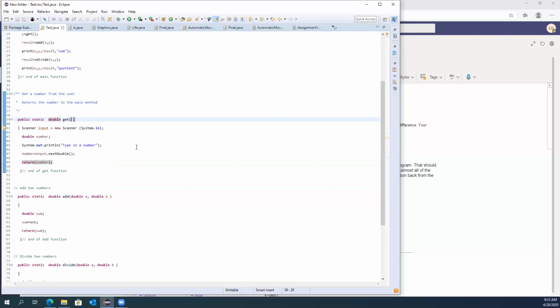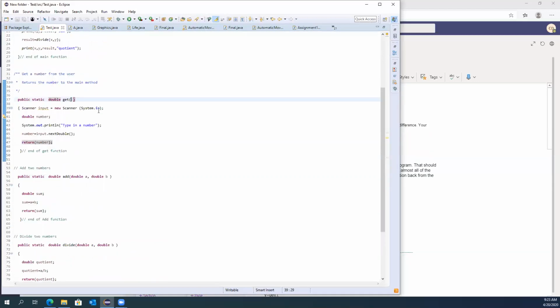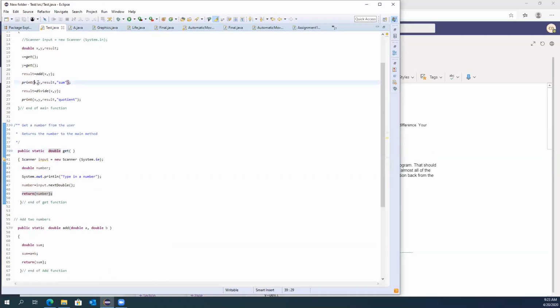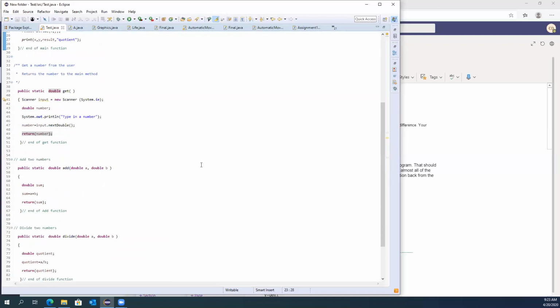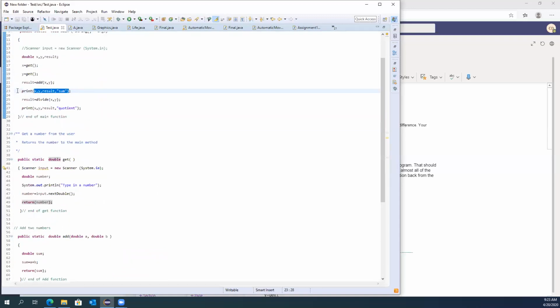Print is very different. Let's look at the print function. It expects you to show up with 1, 2, 3, 4 things in the bag. So there's our print function with 4 things in the bag, and it doesn't return a thing. So this would be like going to the newspaper and saying, could you print this ad for me? You take information, but you don't walk away with anything. And so there's no return, and you'll notice there's nothing on the left-hand side because there's nothing you need to